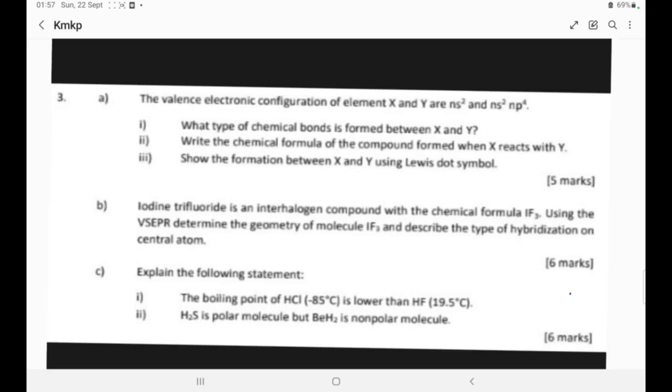Question A, the information given is the valence electronic configuration of elements X and Y, which are ns2 and ns2 np4. For question 1 Roman, the question is, what type of chemical bond is formed between X and